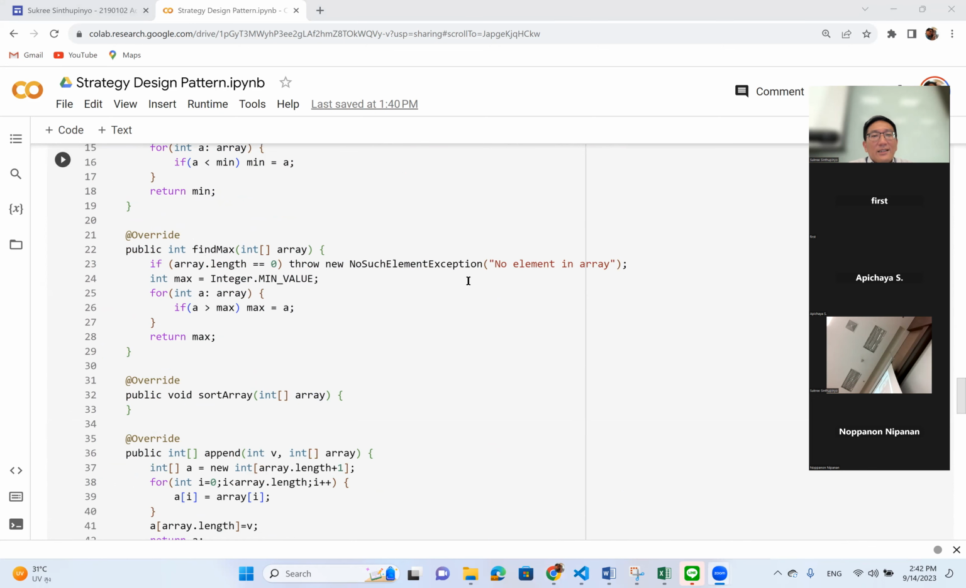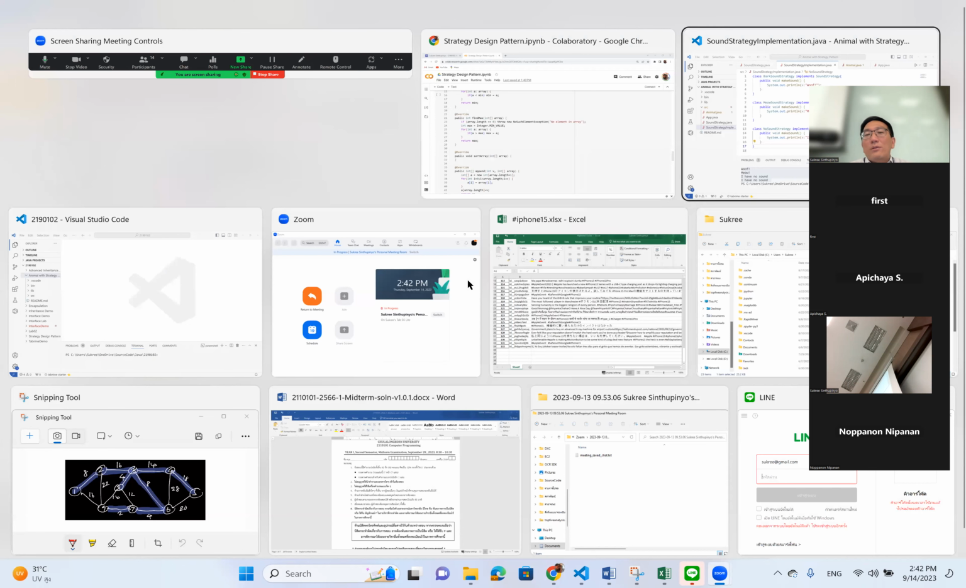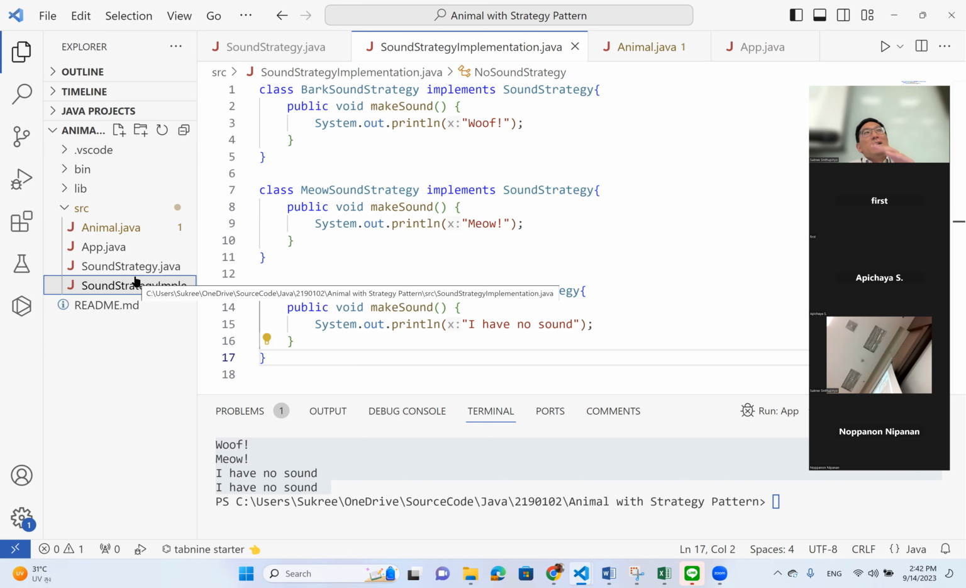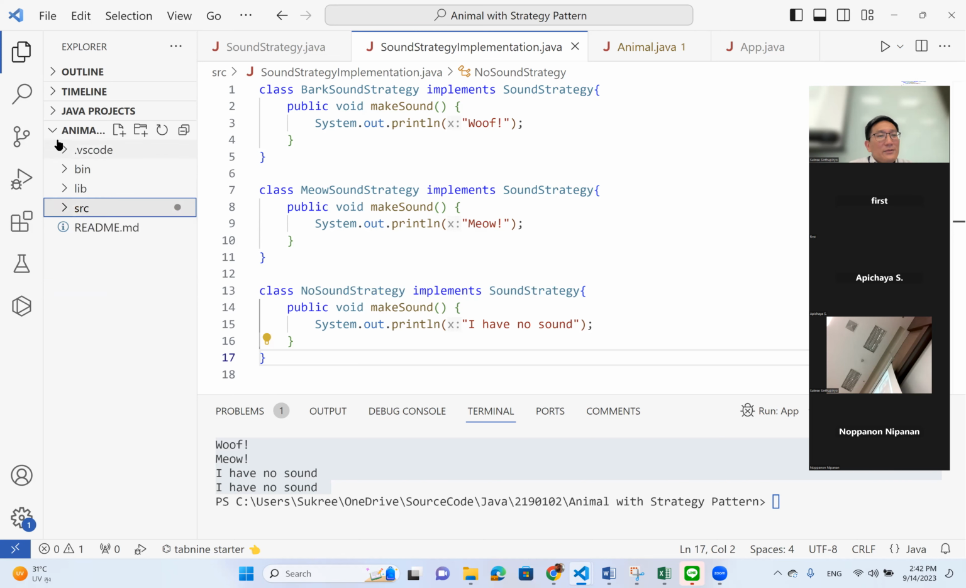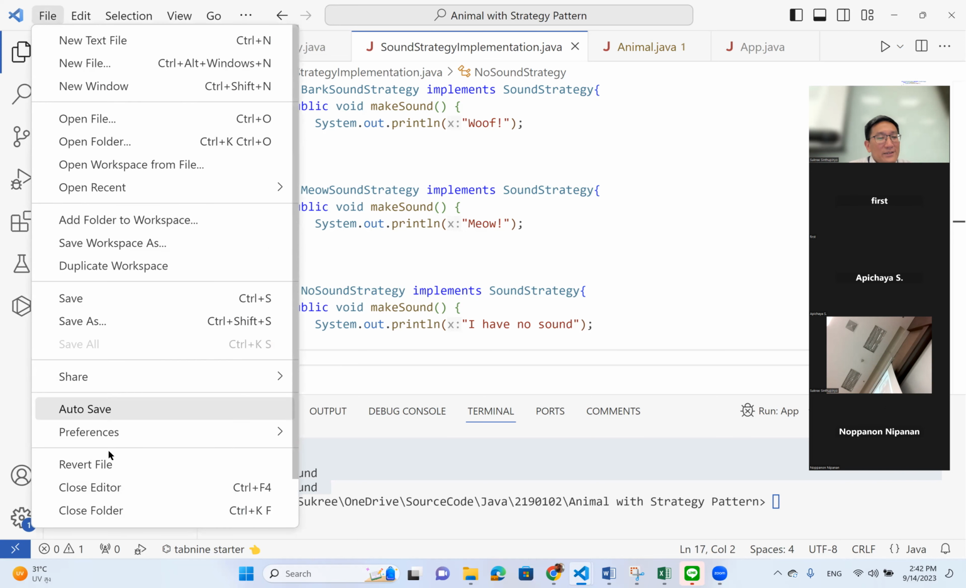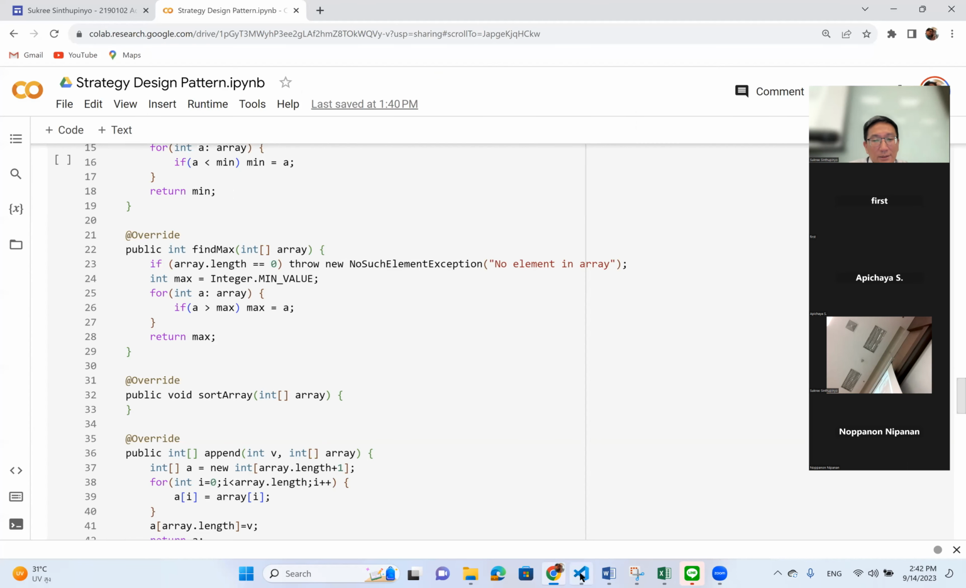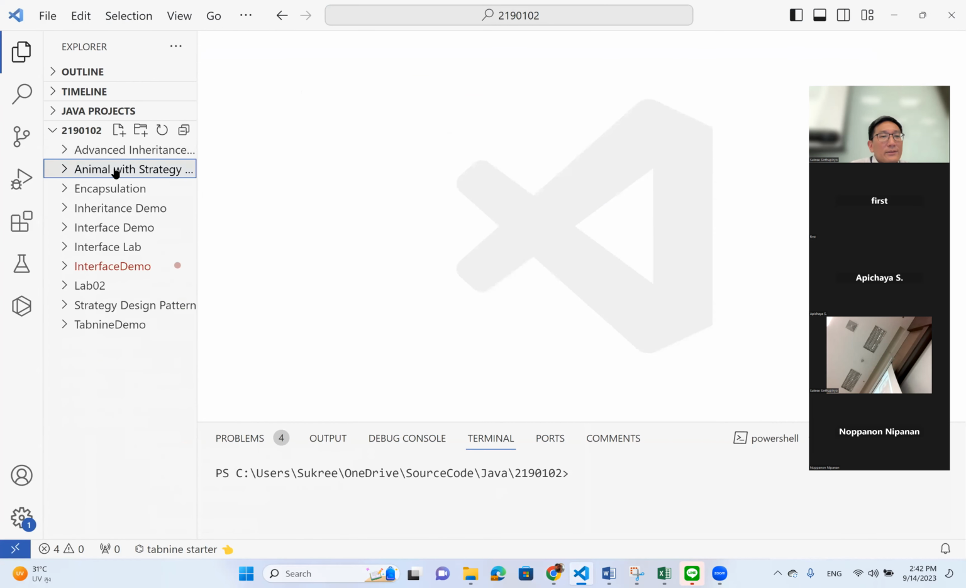Look at this. I won't rewrite everything. I will copy the code that I provide you so I can save your time, because this one is quite long, not the one in animal. Animal, we can write everything together. So this one is animal, so I will close this one first. And then this one is animal with strategies already done, so I'll create a new one,